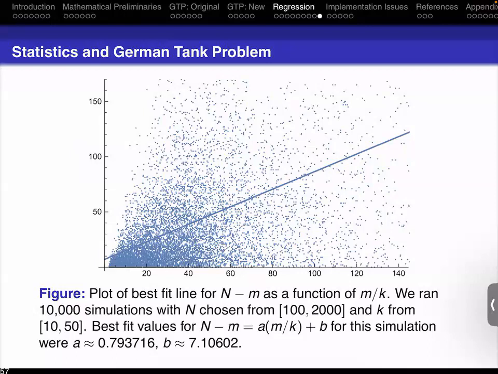So the first thing I did for the analysis was very reasonable, but horrible results. I said, well, we know we have to have at least m tanks. So let me try to plot n minus m as a function of m over k. And got terrible results. And probably when we develop the theory of the method of least squares, we don't actually have the theory taking into account the fact that you can subtract off things like that. It's not looking at the right thing. And so be very careful when you use a theory that you use it the right way. It's natural to look at n minus m, but I'm mixing my independent and dependent variables in something like that.